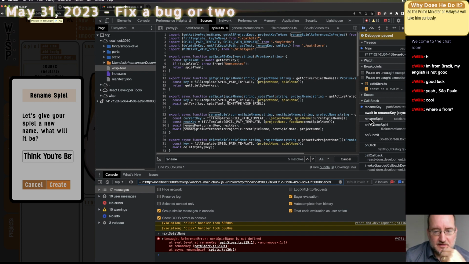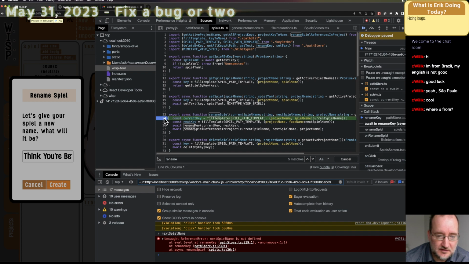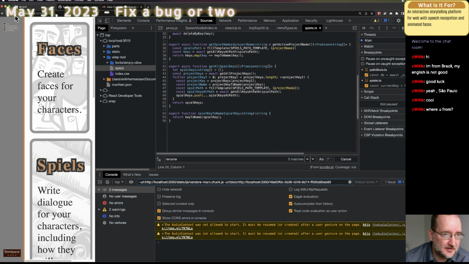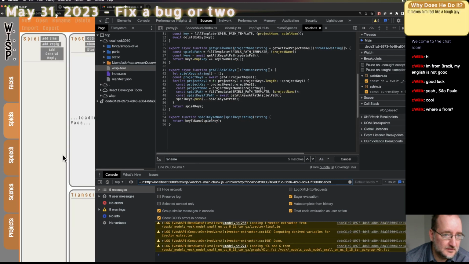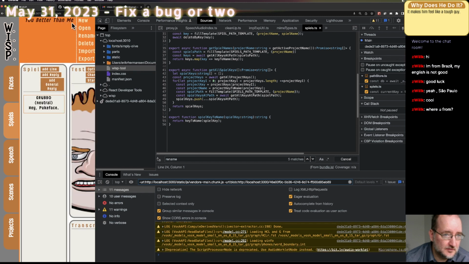Well, I could let it continue and it's going to wreak havoc, but I won't really have the information I need, and I'll have to redo the setup of all that data. So what I'm going to do is set a breakpoint earlier and see if I can find the first place where it screws up. Let's just stop that. Come over to Spiels, and we'll rename.